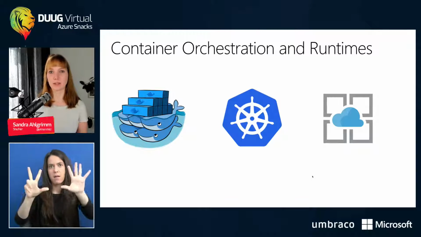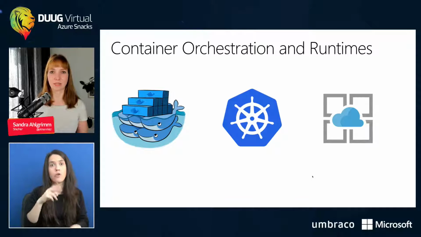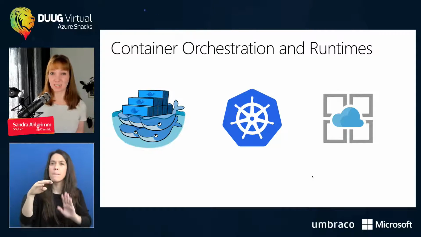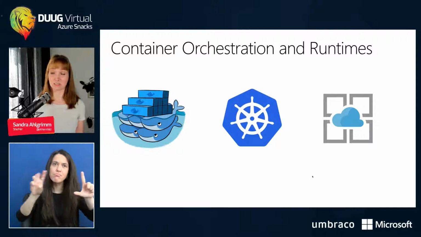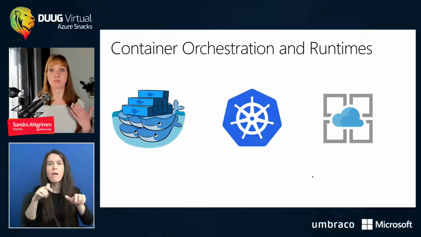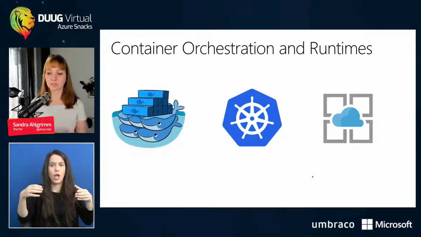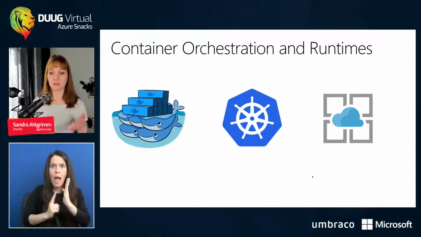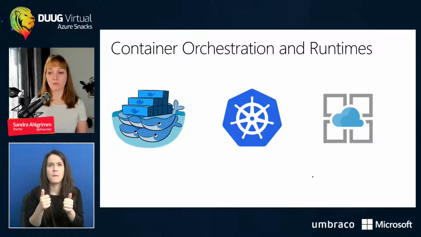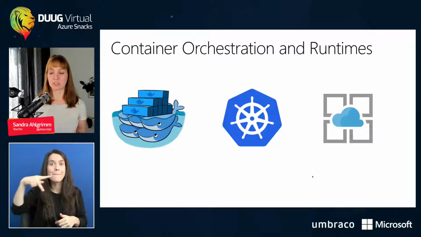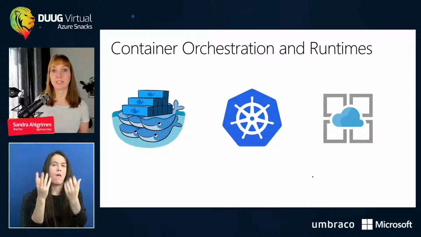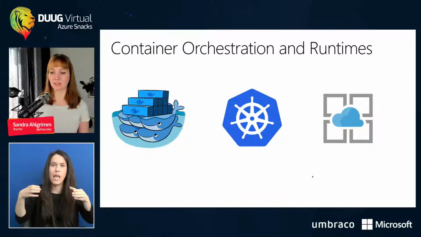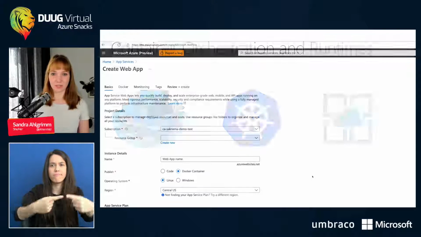Well, with Umbraco, I think I do have a single page web application. Isn't it a bit of overkill to have a whole container orchestrator to maintain and run and secure and update and everything? Yes, it probably is. So you can also use something like Azure App Service, which is also able to just pull your container image and then just run it on your machine. And that's what I want to show you right now.